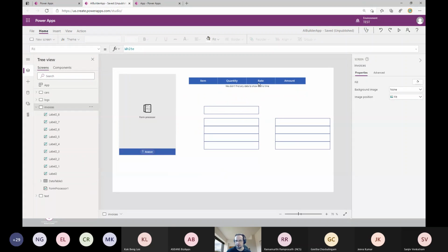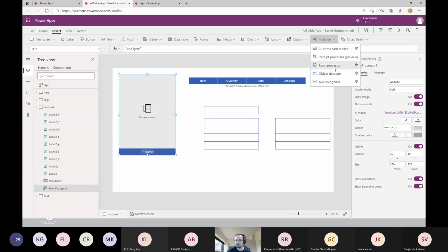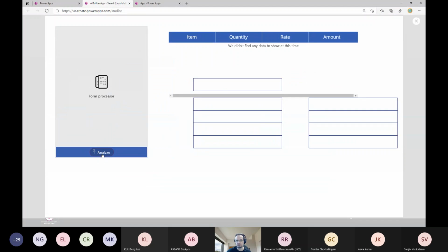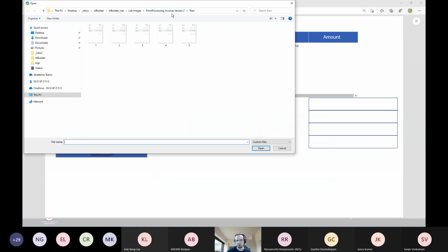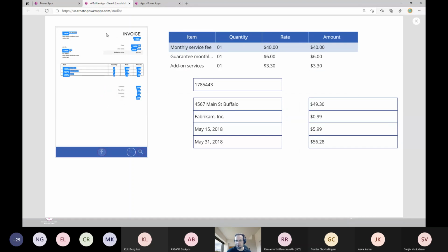This is how it looks from Power Apps. So I can insert the AI Builder form processor, and then with the same button I can upload my form, some kind of form. This is my test form. It should analyze my invoice, extract the data from my invoice, and put it in a table and into my